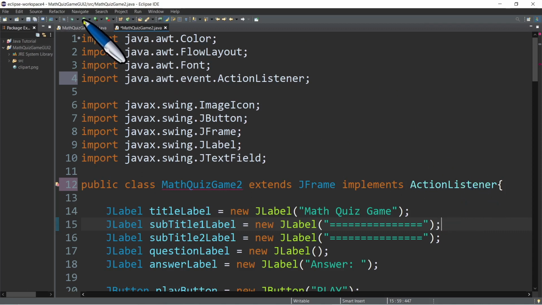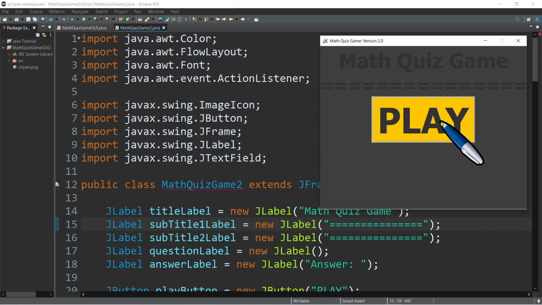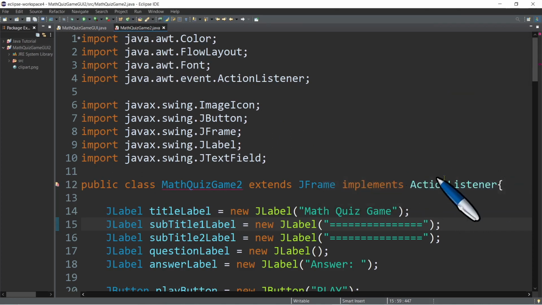But take note, once you implement the ActionListener and run, you will notice that once you click the play button, nothing happens. It's because we need to